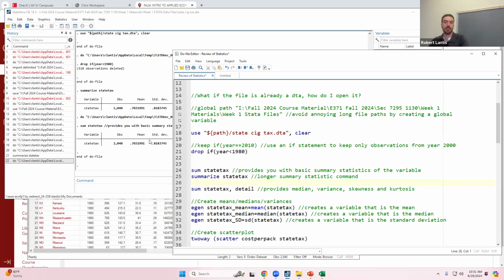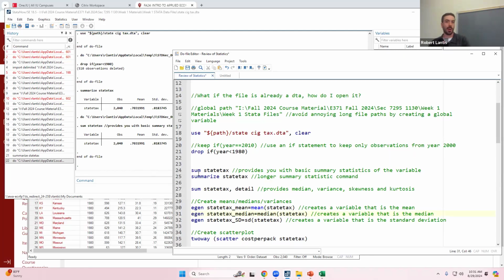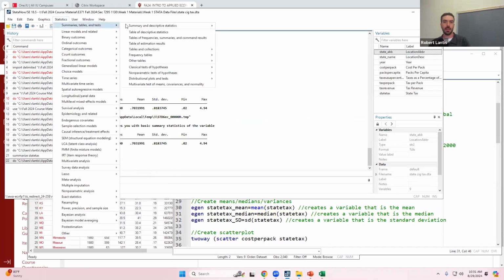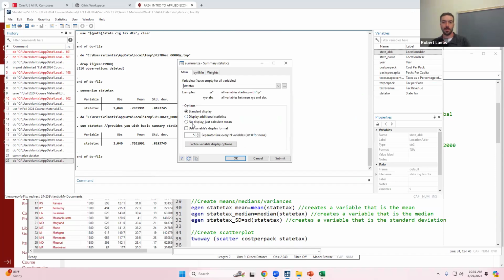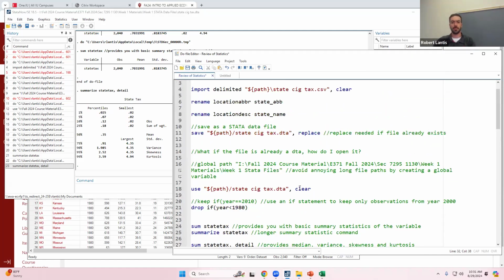So I might want more than the mean and the standard deviation. Maybe I want things like the variance, kurtosis, skewness measures, right? If I do the same command, sum or summarize, that same variable, I would put comma detail. And in fact, let's do it from here. I think it's this, we'll see. Yeah, so if I select additional statistics, notice here it gives me not only the variance, the skewness, the kurtosis, it even breaks it down into my percentiles as well. So you can get a lot of information about a variable very quickly using this command, okay? Any questions on that before we keep moving?